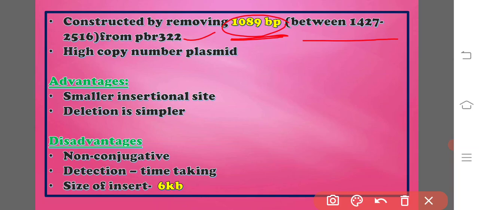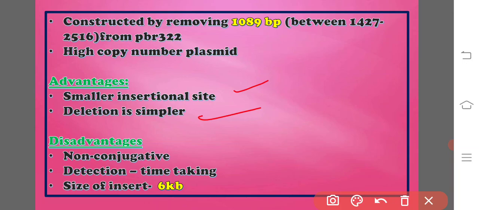Then the ampicillin and tetracycline genes were found intact, but replicative and conjugative abilities have been changed from the pBR322. The resultant plasmid is nothing but the pBR327. What are the advantages? They have a smaller insertion site. It can take much smaller inserts, and detection is much simpler and reliable. Copy number is high, and it acts as a model system for understanding translation and transcription process of the prokaryotes.